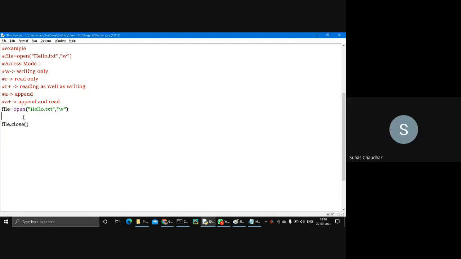How to save the file? When you just type file equal to open double quote hello.txt in write mode, it's also automatically saved in this directory. No issue, I'll give you one more example.